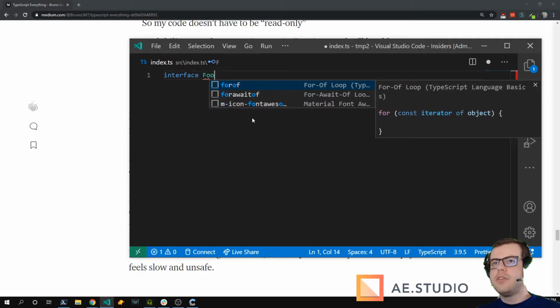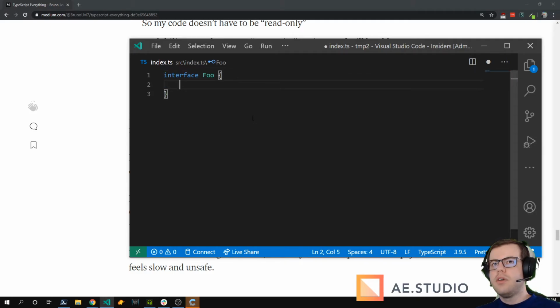But interfaces are basically ways for you to define the type of an object. So if I have an interface foo and I have a property bar and boss, I can say they're both strings.